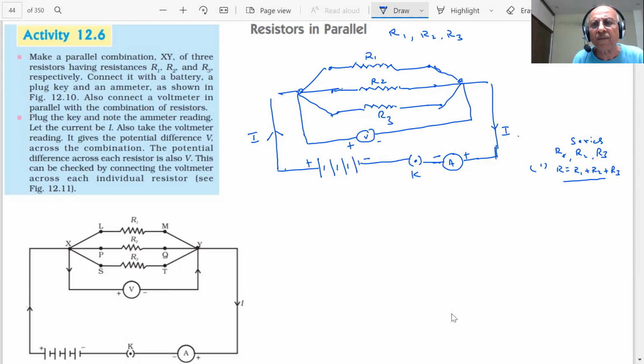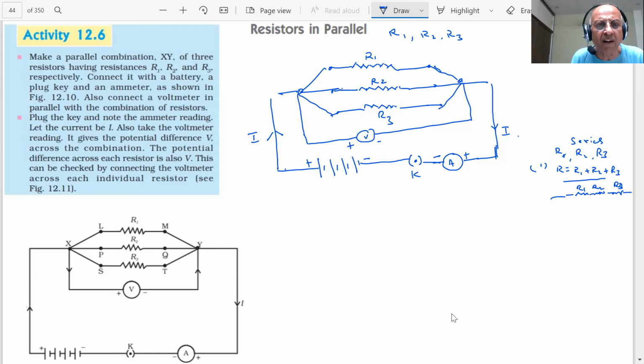Is this circuit okay? So these three resistors have a common node, as you can see. They are connected with a common positive, this is the negative part, this is the positive part, a common nodal point. Then we call them resistors connected in parallel. Am I right? For series, what type of circuit was there? One, two, three, like this, end to end: R1, R2, R3. Now here, this is the circuit. Clear?